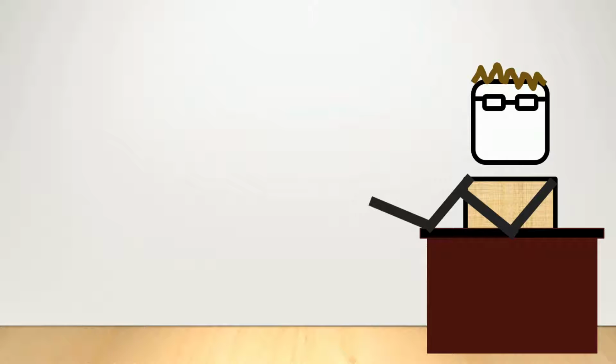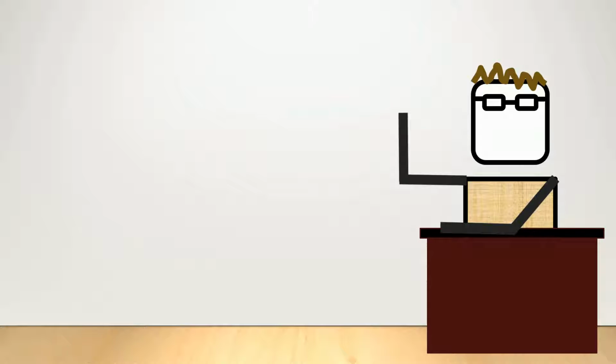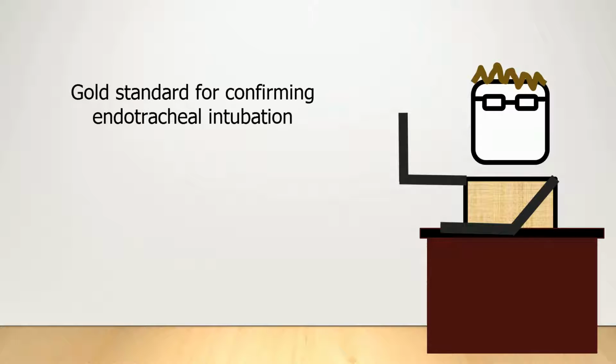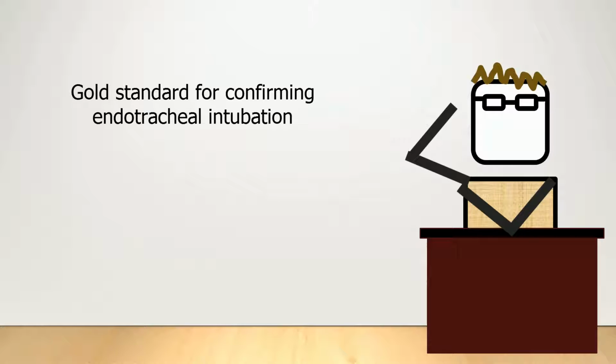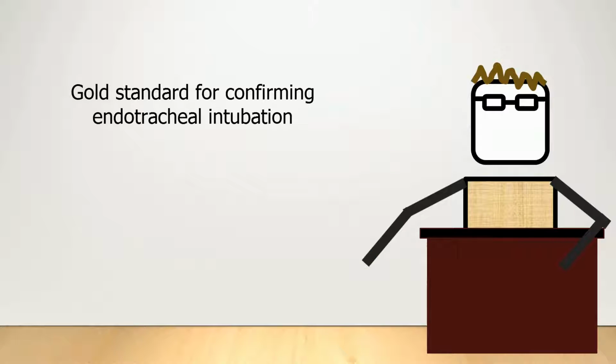Capnography provides a lot of important information about the patient. First, and most importantly, capnography is almost the gold standard for confirming placement of the endotracheal tube. Having all four phases in at least 3 consecutive breaths means the tube is through the vocal cords. It doesn't mean that the tube is not in the right main stem, but at least you know where you're